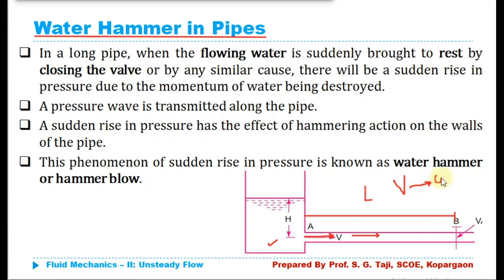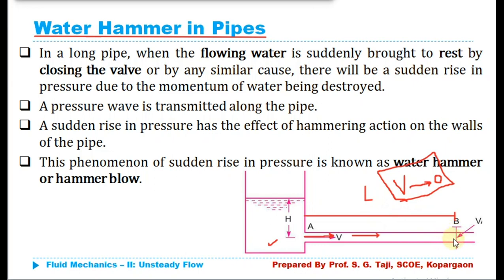Now due to this reduction of velocity, as we know, the energy of the fluid always remains constant. With reference to that principle, we can say that due to the reduction of this velocity from v to 0, obviously another energy will be increased. That means this velocity energy, velocity head or kinetic energy, will be converted into the pressure energy. So due to the closure of this valve, whatever velocity head or kinetic energy there was will be converted into pressure energy.